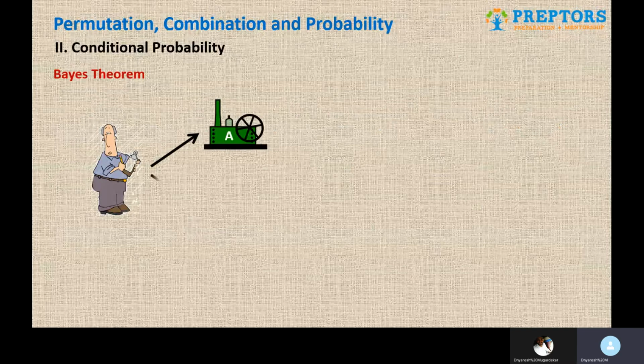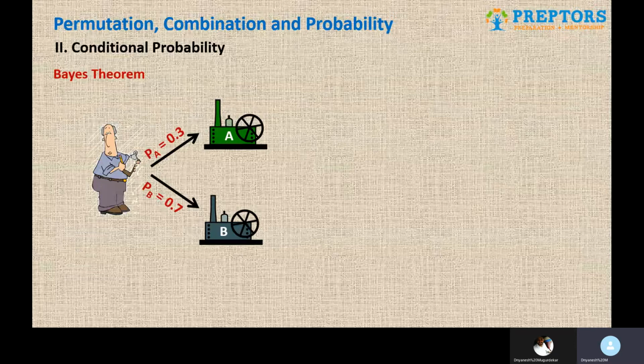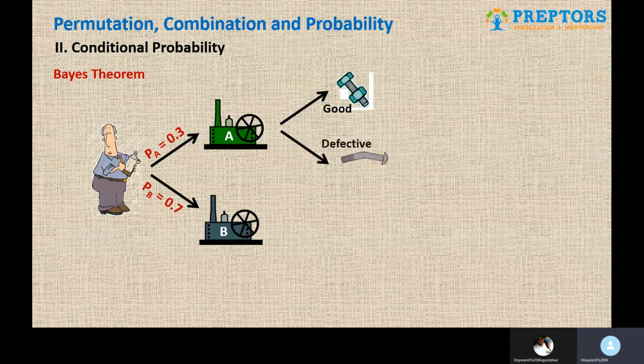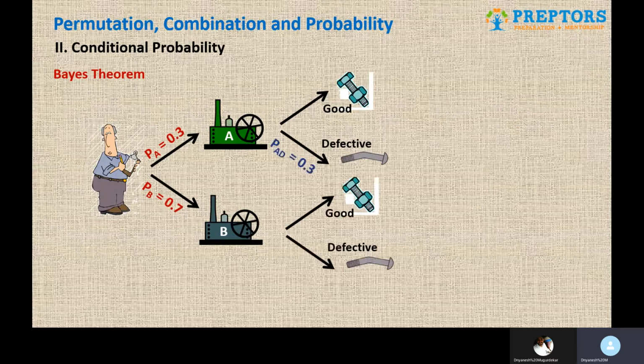Machine A that he picks up, probability 0.3. Machine B that he picks up, probability 0.7. Then machine A can have two scenarios, defective article and good article. I think they have given for defective, which is 0.3, that machine A's article turns out to be defective is 0.3. So obviously machine A's article turns out to be good is 0.7, 1 minus that. Similarly, machine B, defective article probability 0.2, good article from machine B probability 0.8.